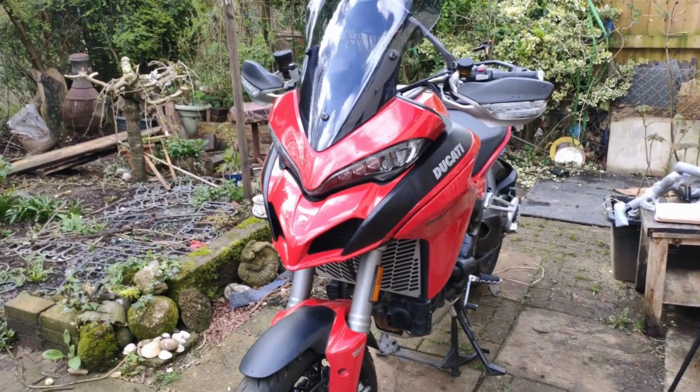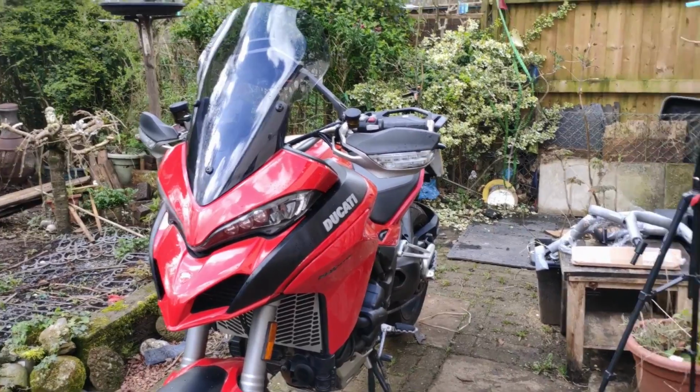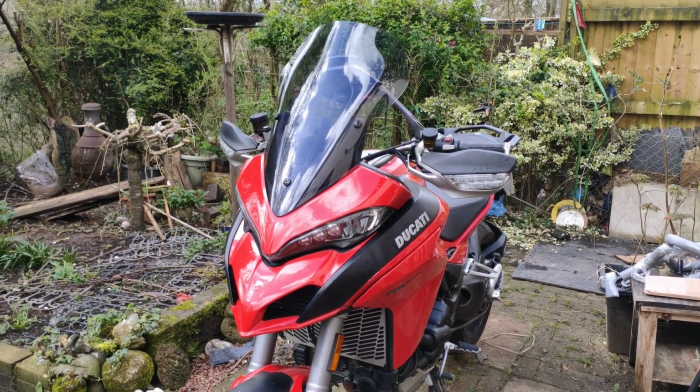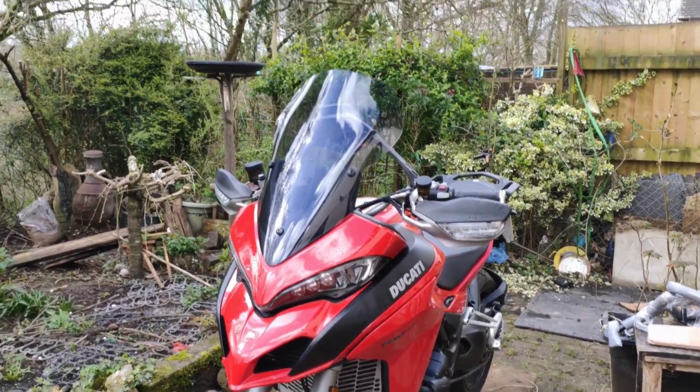It's time to get these HEED crash bars onto the Ducati Multistrada 1260S. It has been parked over there in its little house for the last month to 6 weeks. I've not really had a great deal of time to take it out. The weather's been pretty grody, as you'll know, this spring in 2023 down in Cornwall. But today is a